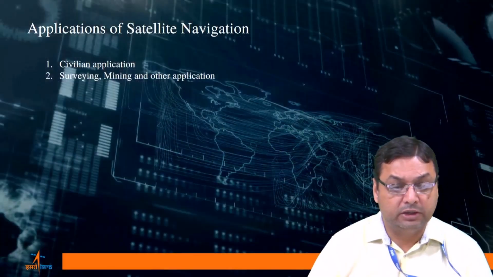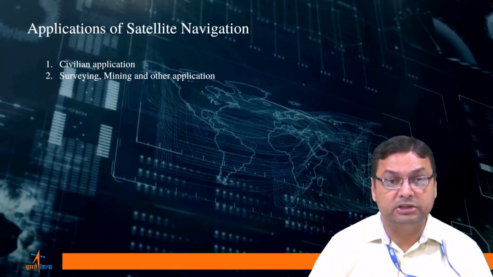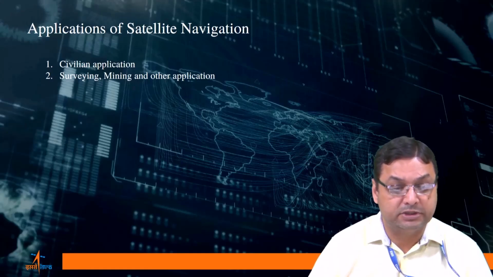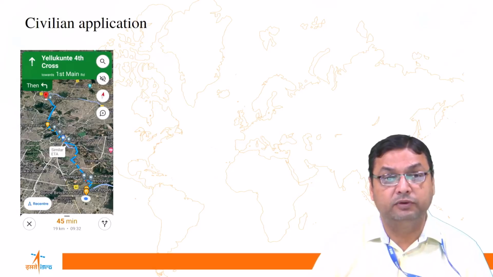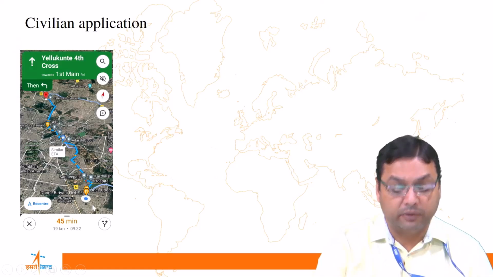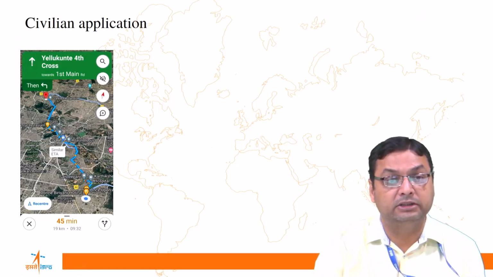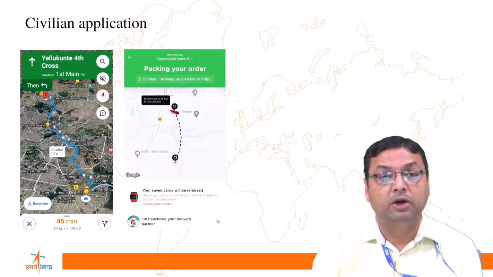A large number of applications can be there from the satellite. As we have discussed, it is providing us position, navigation, timing. So we can use it for civilian applications, various surveying, engineering applications, mining, volume estimations. In case of remote sensing, we can use the GNSS system for georeferencing of our datasets for the 2D images and preparation of maps like this, which are highly accurate with the help of the georeferencing. In the GIS environment, we will be able to navigate using the shortest route method,